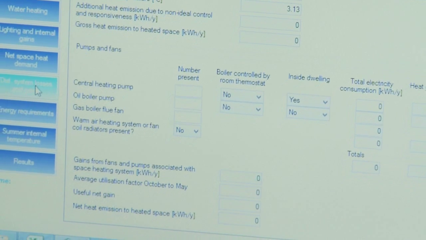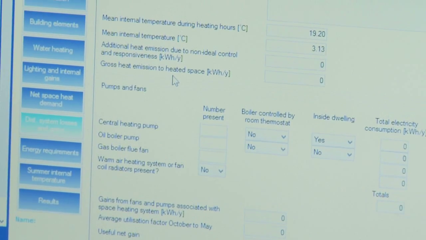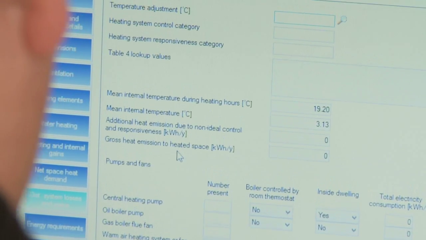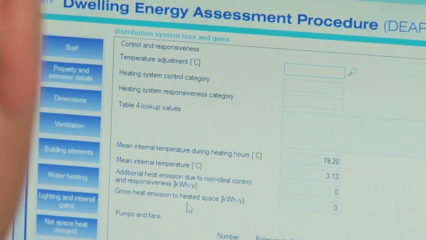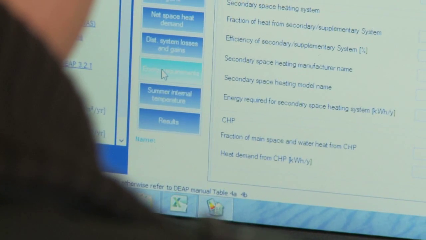Finished with that, we're then into the distribution system losses and gains. This is where we're dealing with the actual heating system itself, the controls that the heating system has, and the type of heating system that it is. So we can fill in all that information,